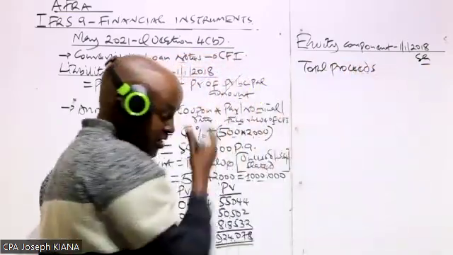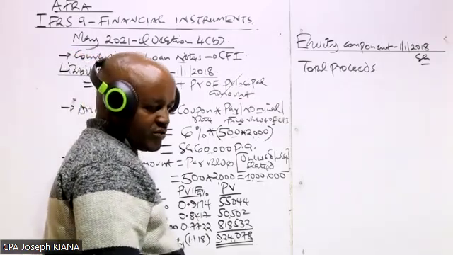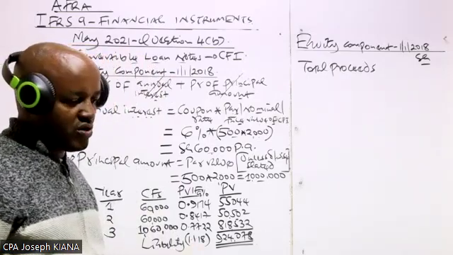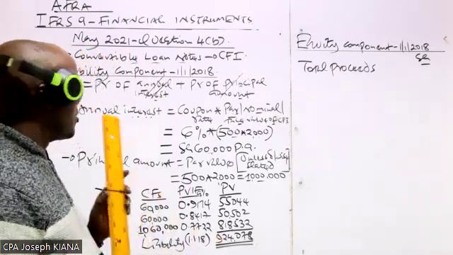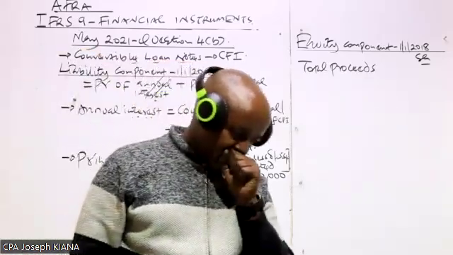The total proceeds. When we talk about the total proceeds here, we are referring to the amount of money which was received by the company from the issue of these convertible loan notes. So if we go back to the information which we have in paragraph 1,